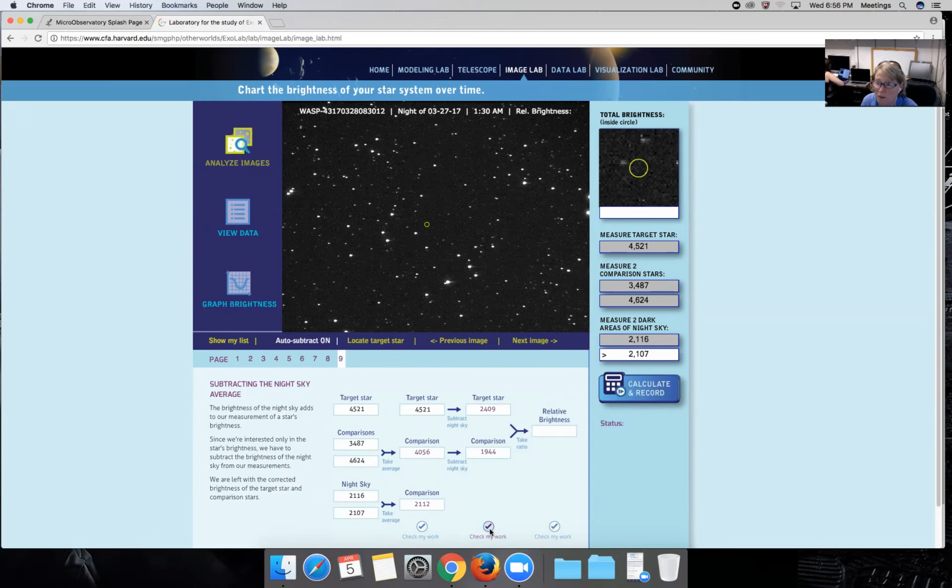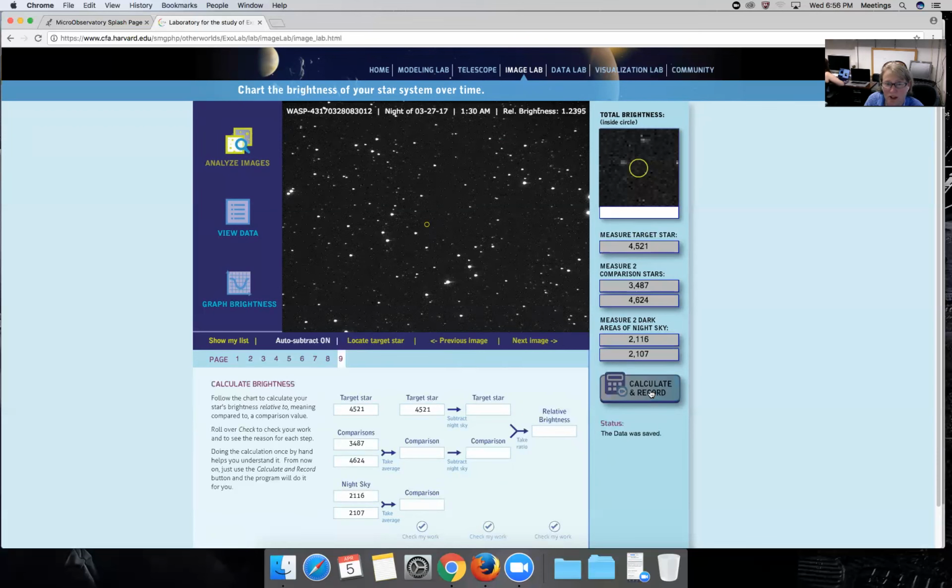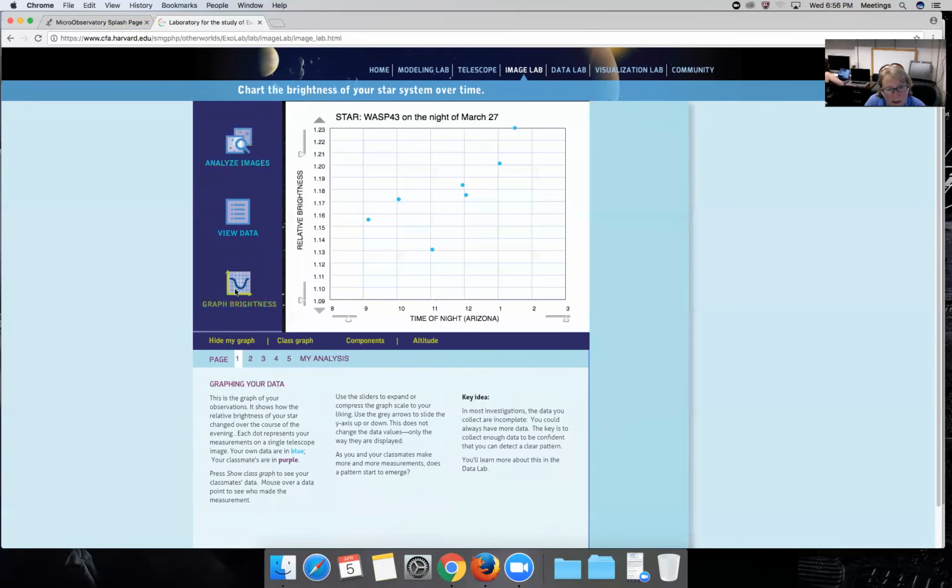And then the relative brightness is the ratio between the target star and that average of the comparison star, all dark subtracted. Now, I haven't clicked yet, so when I click, this is the relative brightness I should get. And notice, Jackie, it is 1.2, it's not 3.3. So something happened when you made your last couple of measurements, and we think we know what it is, which Frank really noticed, which is, if we go back to the brightness,